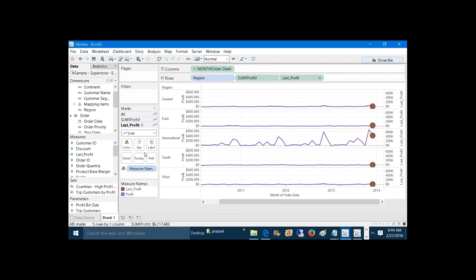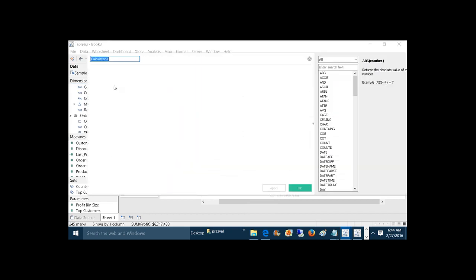So how to compare? As we are seeing only the last profit, I'm taking one calculated field called color. I'm taking ZN of SUM of profit, which indicates the current profit value, minus the previous value. To get the previous value, I'm taking the LOOKUP of ZN of SUM of profit, comma minus 1. I'm taking this complete difference and checking whether it is greater than 0 or not. When it is greater than 0, if my current profit value is more than the previous value, then the difference is more than 0, right? So just click on apply